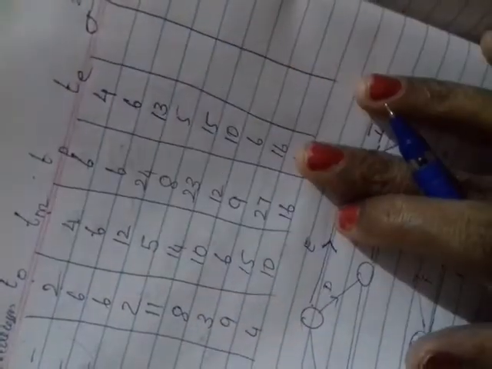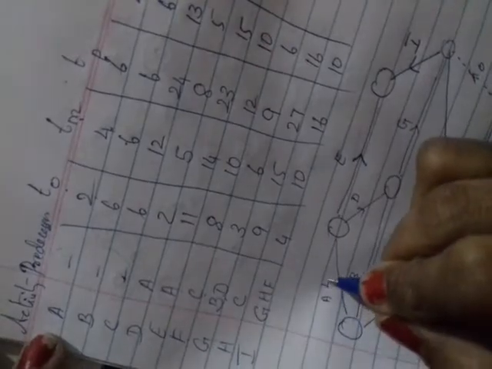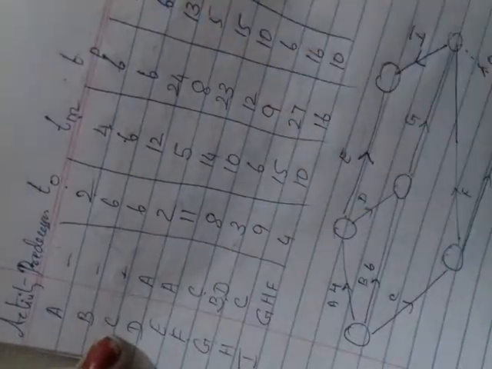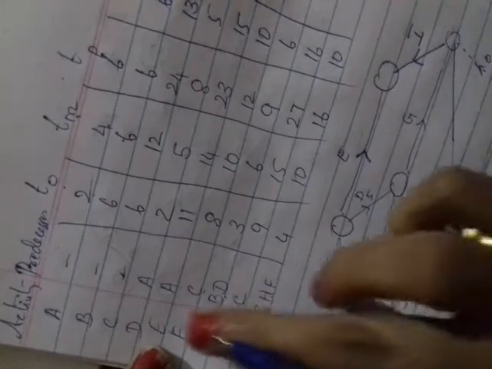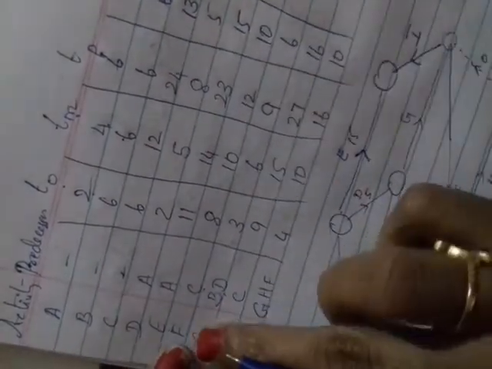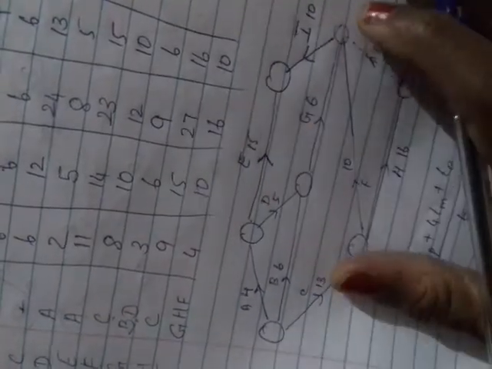So I found for the other activities. The expected time is over. This value you have to write down here. For A it is 4, for B it is 6, for C it is 13, and for D it is 5. For E it is 15, for F 10, and for G 6. For H it is 16, and for I it is 10. And this is dummy, so you can make it 0. So the expected time is over.